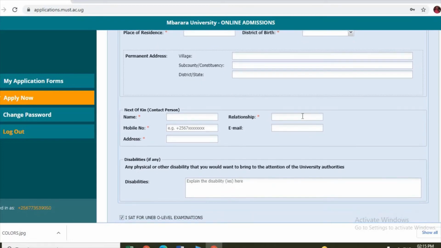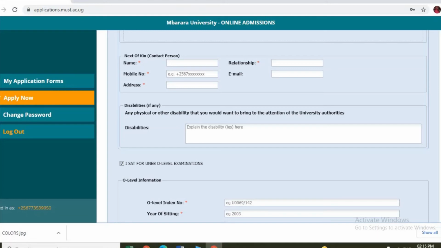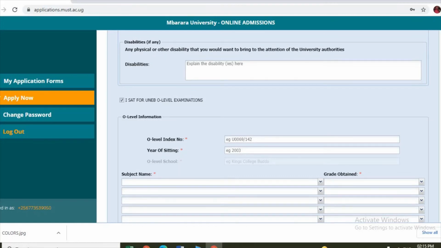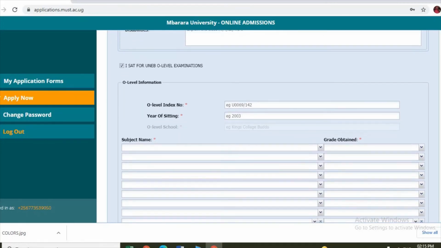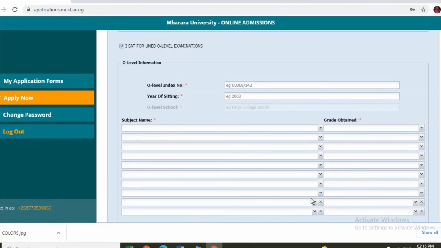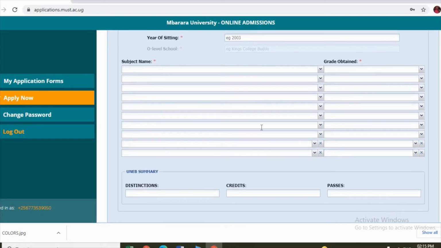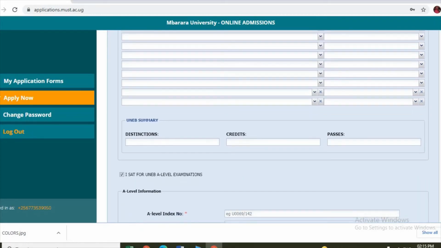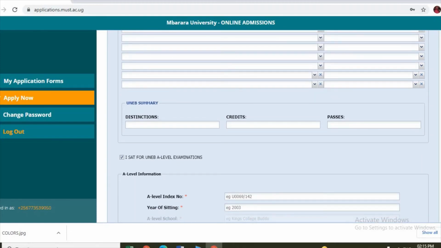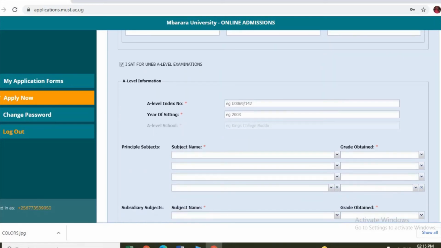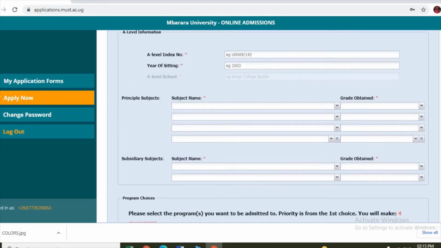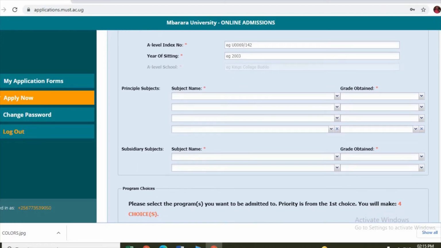From there, you go to the next, where it asks you for the next of kin. You enter it. Disabilities: any physical or other disability. If none, you just put no. Start with UNEB O level, you put in the subjects here, the year of sitting, and the distinctions, credits and passes. Then you put in your A level details as well: principal subjects, A level index number, year of sitting,